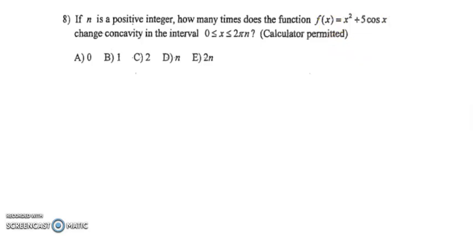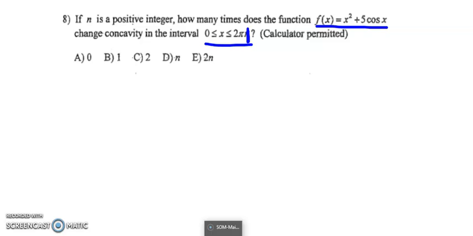All right, for this question, they're giving us the function f of x equals x squared plus 5 cosine x, and they're asking us how many times this function changes concavity on the interval 2 pi n. So what we're going to do is plug in n equals 1 first and find out how many times that this happens on the interval 0 to 2 pi, and then we're going to multiply that number of times